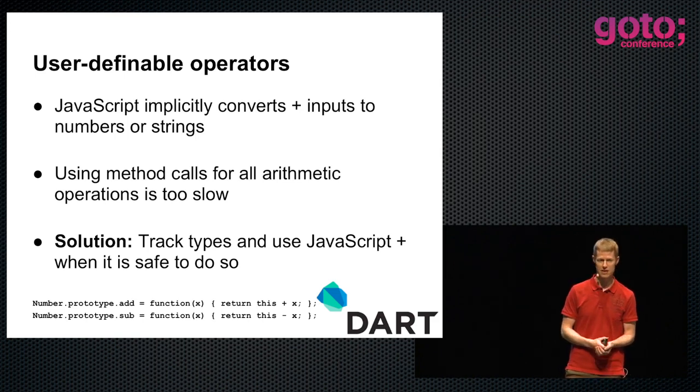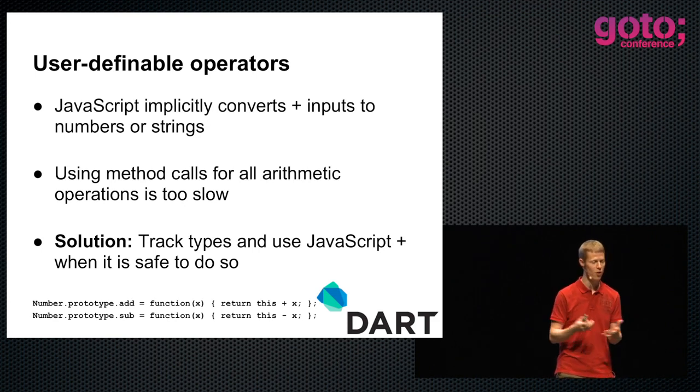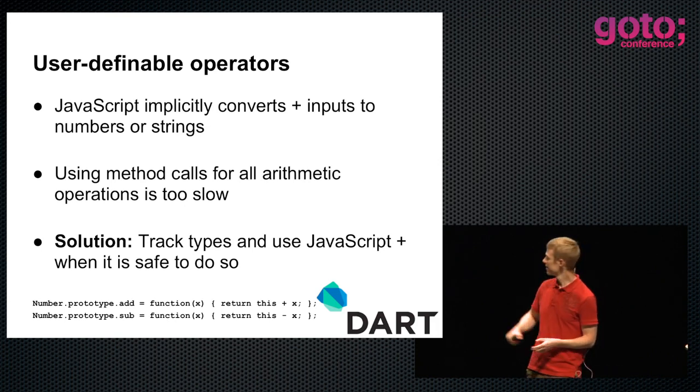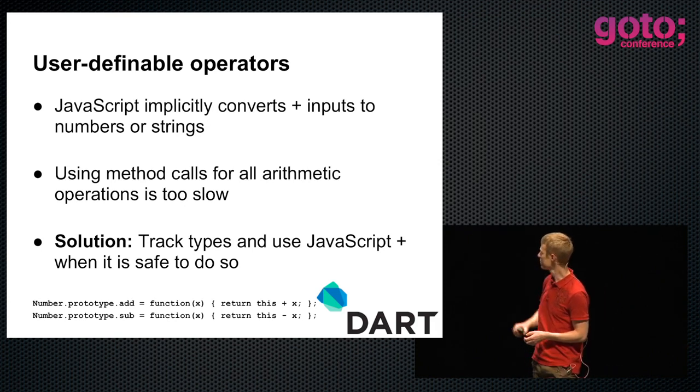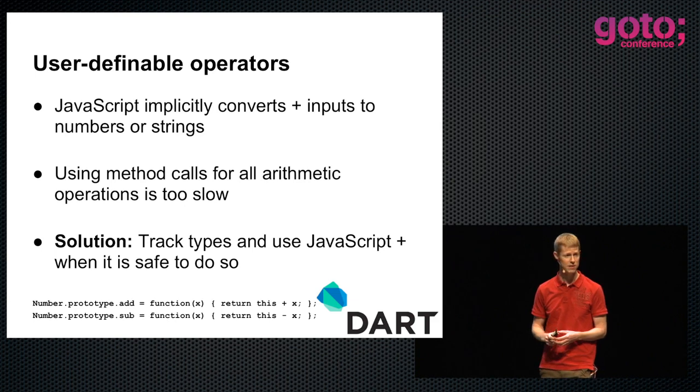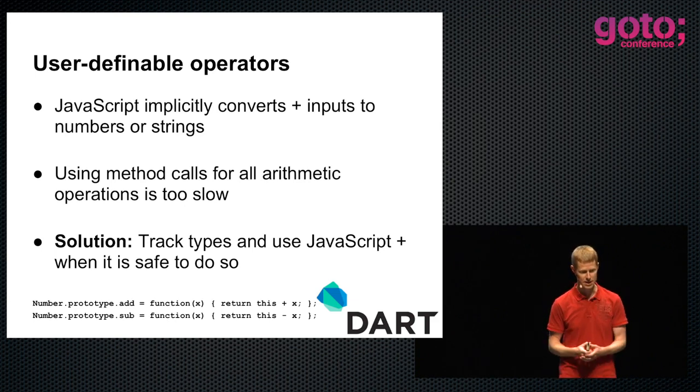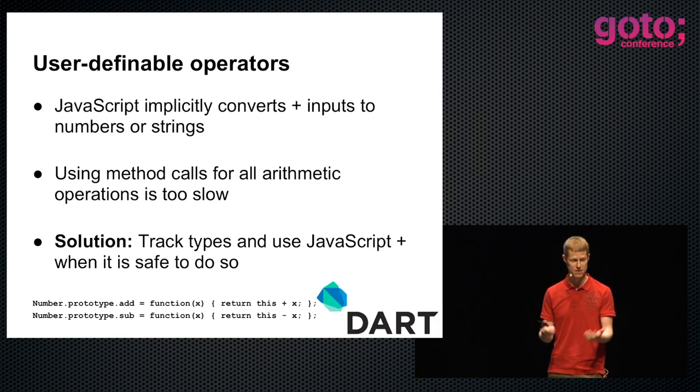And we actually tried doing that. Just add method calls for all arithmetic operations. Turns out it's just too slow. At the lowest part of the slide here, I've shown how you could do that by adding an add method or a sub method to the number prototype, and that actually allows you to call the add method or the sub method on numbers. So it actually works. The problem is this method is very slow, and one of the reasons why is that